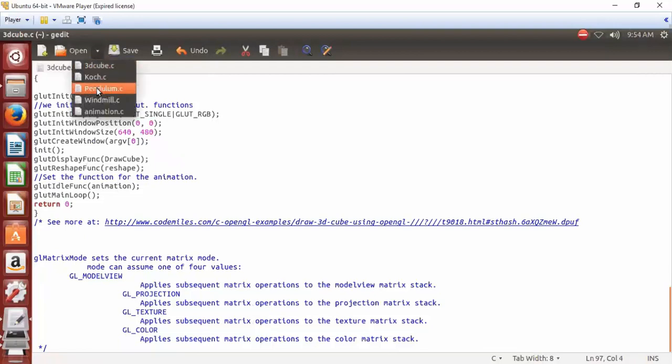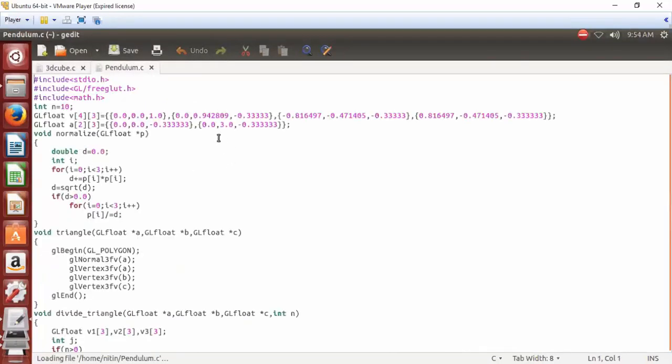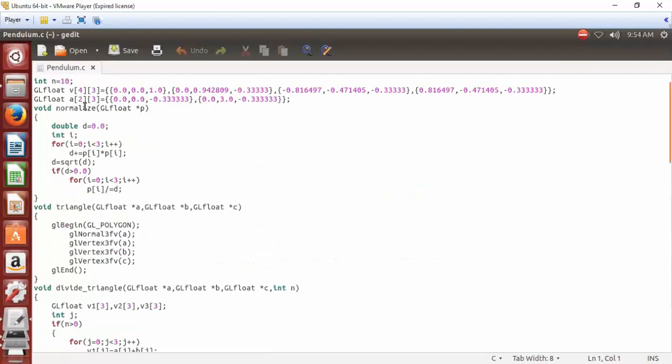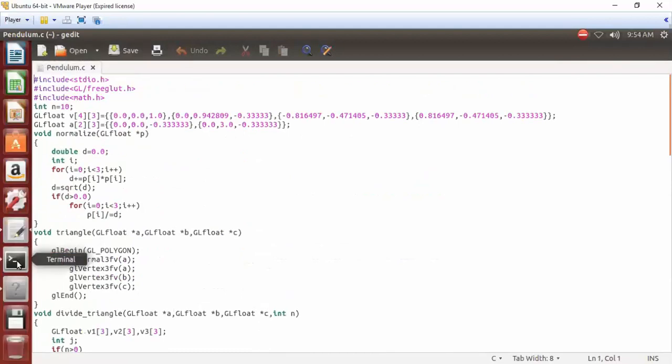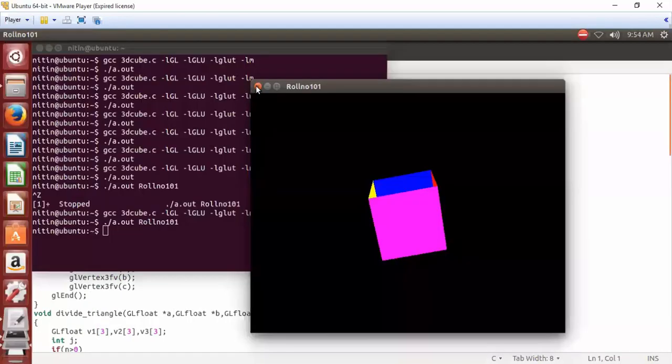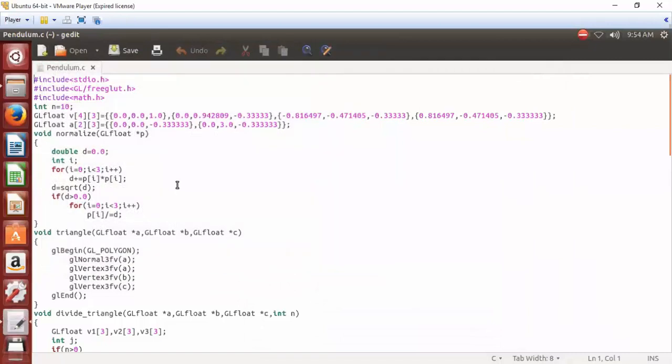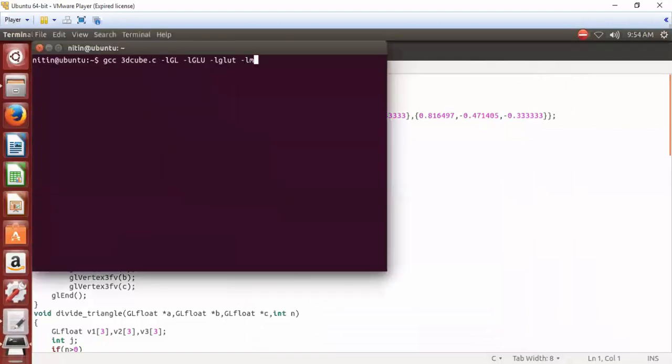After this, the next assignment, which is a study assignment, is the pendulum. So we will see the output of it. So this is now for the pendulum.